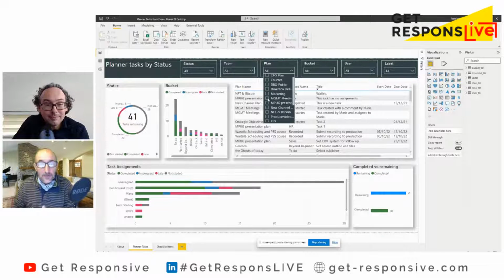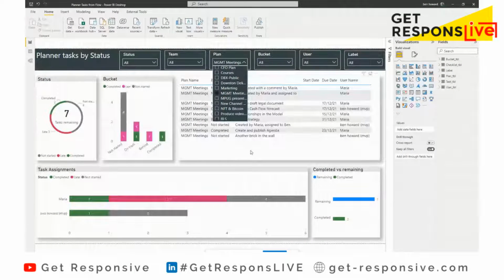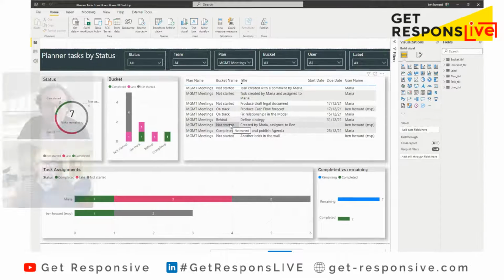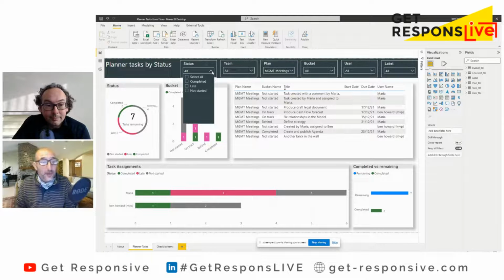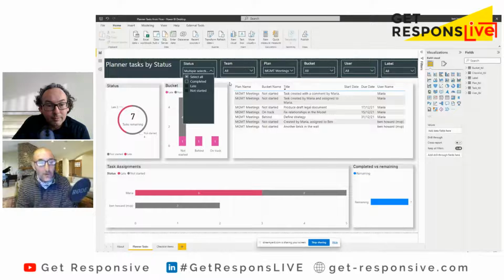But if I wanted to go and have a look at, I don't know, management meeting, we could just select the management meeting plan, of course, and then we drill into that data around that plan, and we can see what buckets we've got, what titles, whether tasks are on track or behind or not started or completed. And then, of course, we could choose and say, hey, I'm not interested in anything that's completed. So, of course, we could deselect that. And so you have all of that great